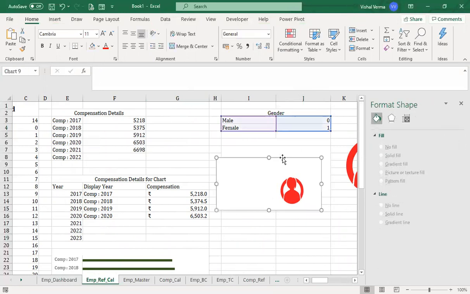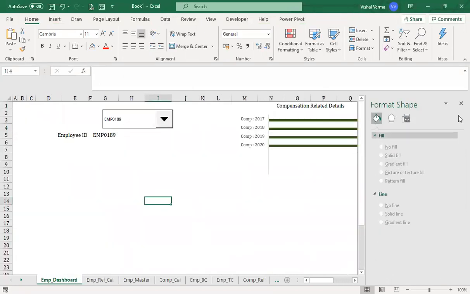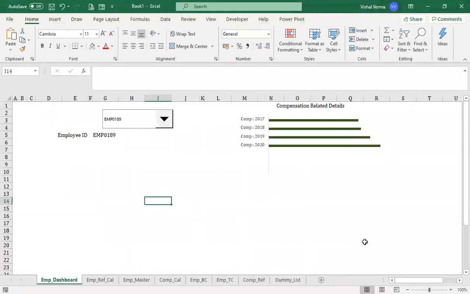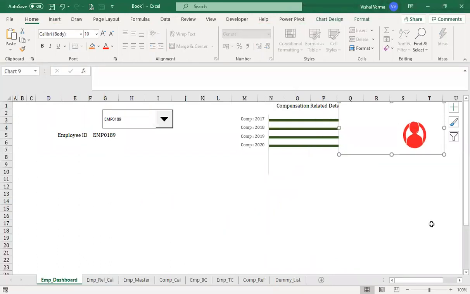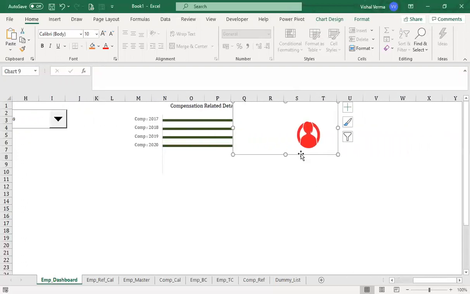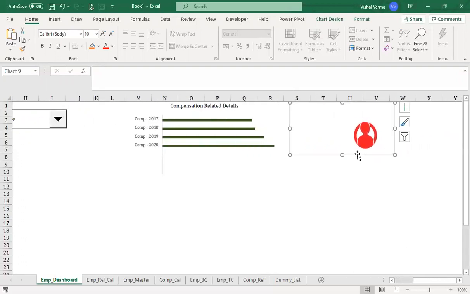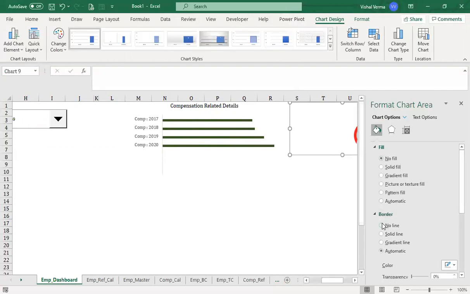Now we just need to copy this and go to our employee dashboard and paste it here. The image you can select from Google according to your choice and what looks better for you. In the case of charts, we just set them to no fill and no border.